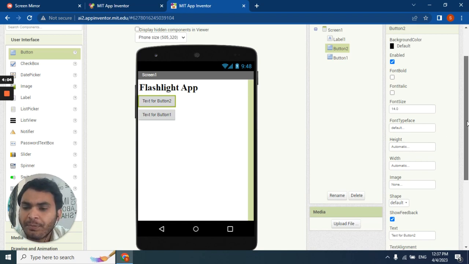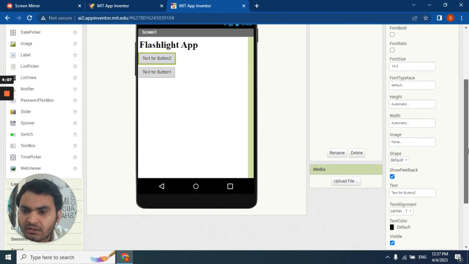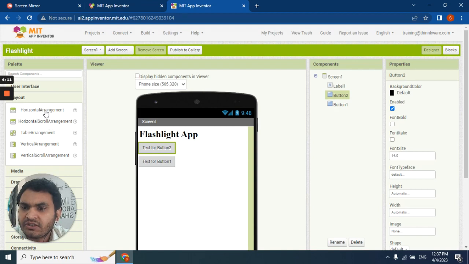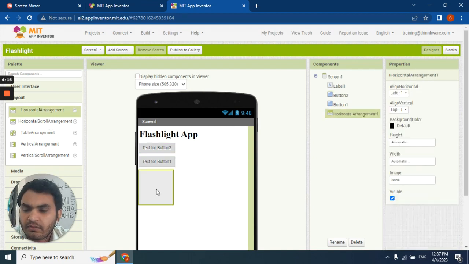So if you want to place your components one after the other, we need to go to the layout section and then choose a horizontal arrangement. Now change the properties for the horizontal arrangement. Change the width to fill parent.